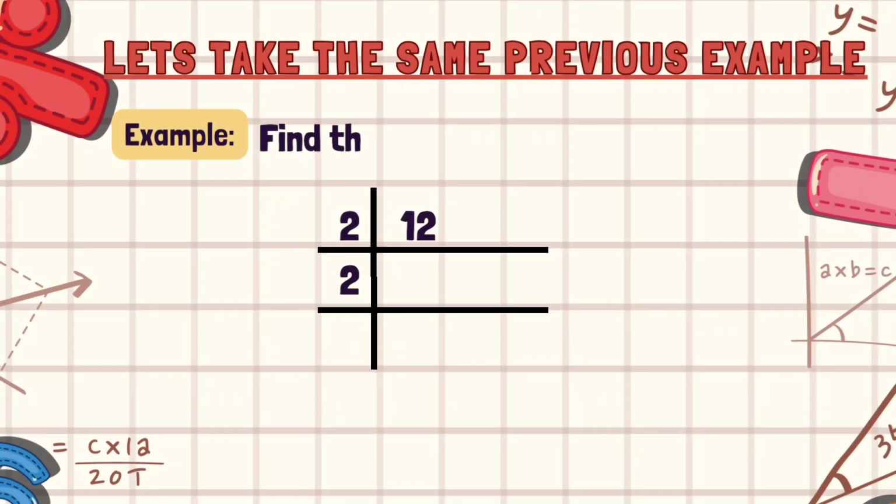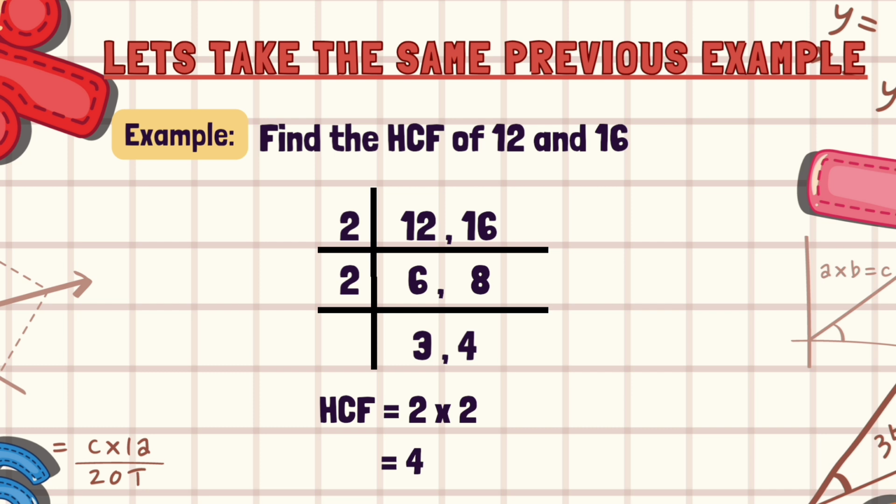In order to simplify and make it easier for you all, we will take the previous example, that is find out the HCF of 12 and 16. Again you make the ladder and put 12 and 16 and start dividing with the lowest possible factor. The only difference between LCM and HCF is when you are calculating HCF, you only divide the numbers with a common factor. That is, if there is not a common factor present which can divide the numbers, you will stop at that point and not keep on dividing the numbers as you did in LCM.